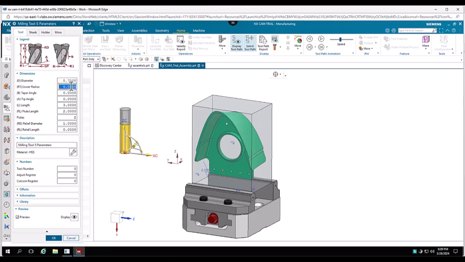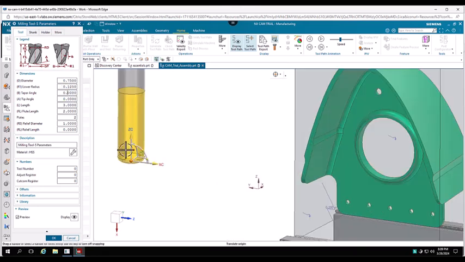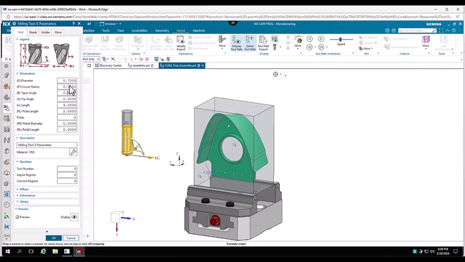We'll give it a 1/8 inch fillet radius. See that it is changing as we go. Now there's no taper angle or tip angle. We'll leave it 3 inch on the overall length there. Let's give it a 1 inch flute length. Now the flute, we'll leave it 2, but if you had a 3 flute, you just change it. Now you're not going to see anything visually change. There's no representation of the flutes, but just to keep your tool accurate,